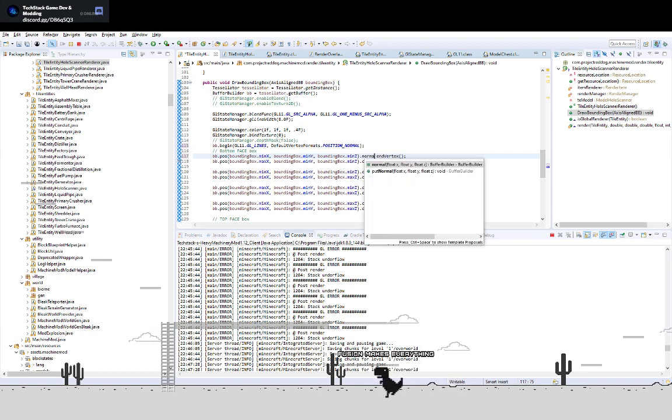Normal. I don't know what the normal would be. Which axis this would be off of, really? It's gonna be different for every line too. Normal. Okay, so